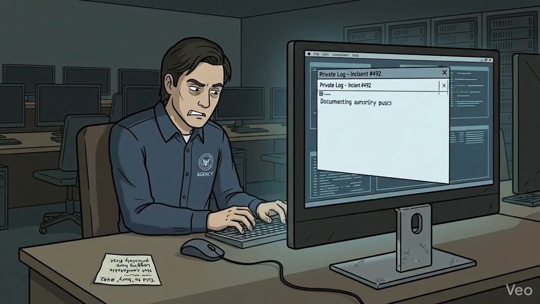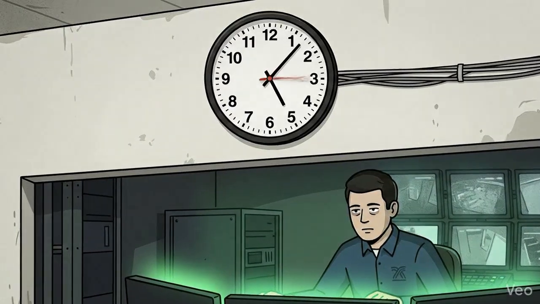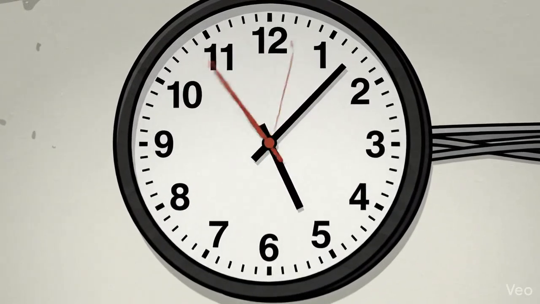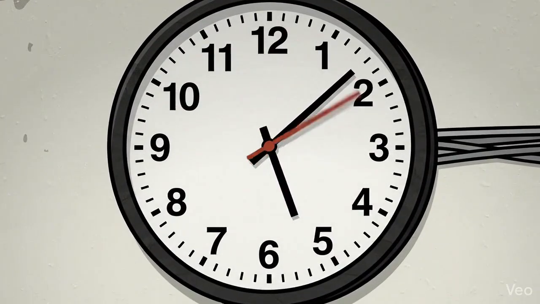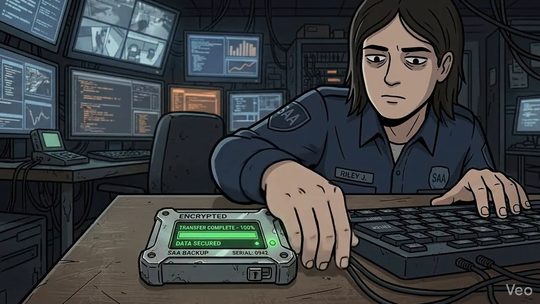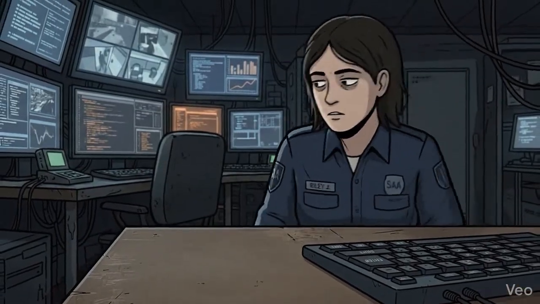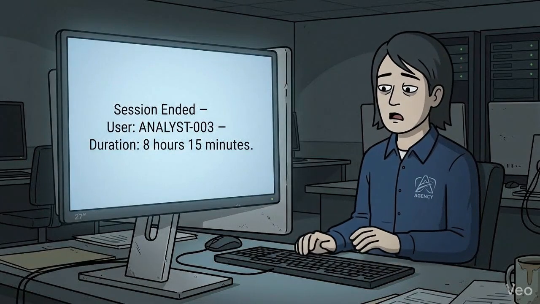You document the authorities' pushback in a private log, noting the attempt to bury the evidence of familiar protocol breaches. Time passes slowly as the early morning hours drag on, amplifying the pressure from the institutional silence and review. You secure a backup of the investigation data, ensuring that even if buried, the evidence remains preserved off the main